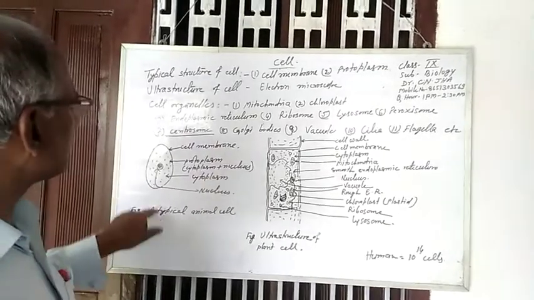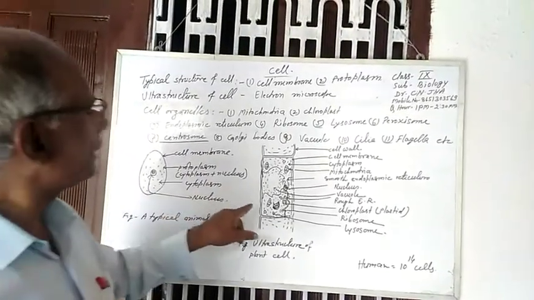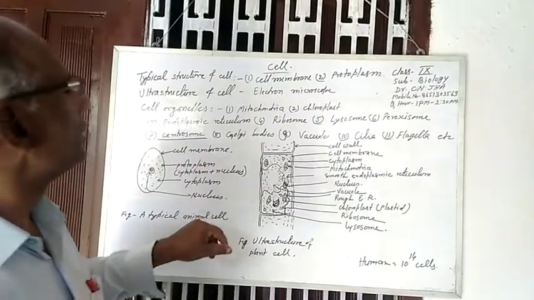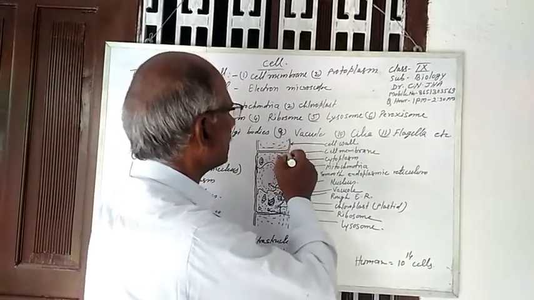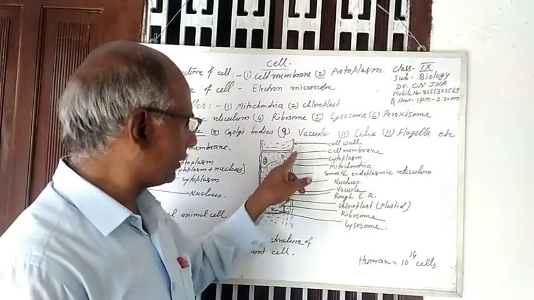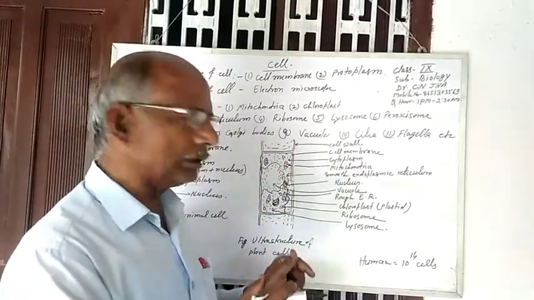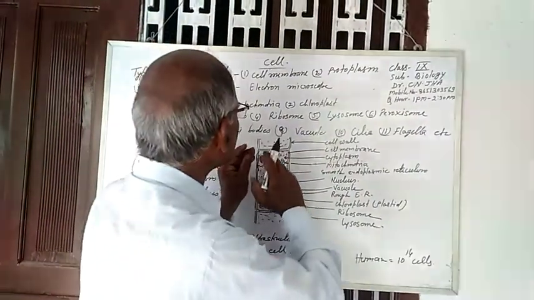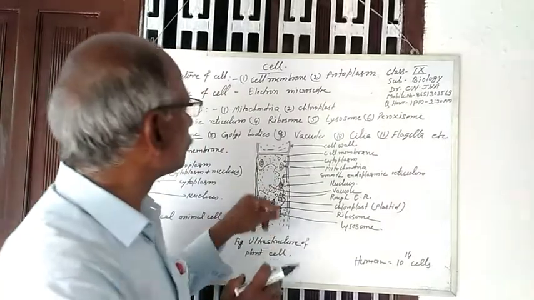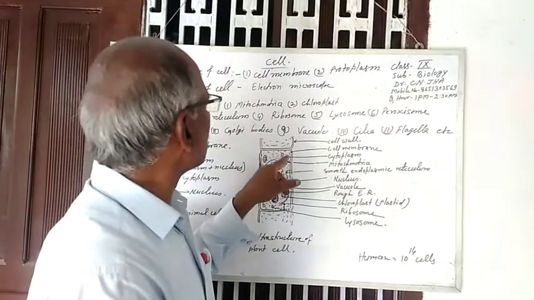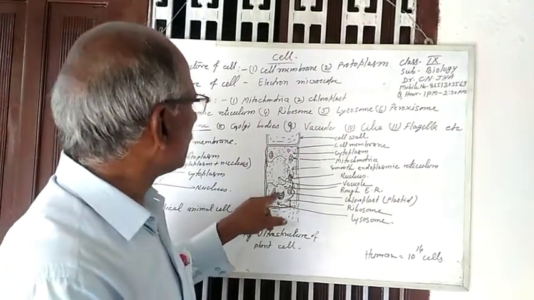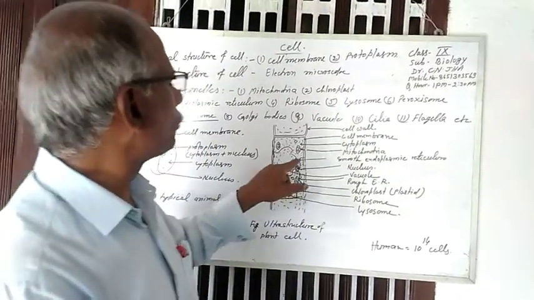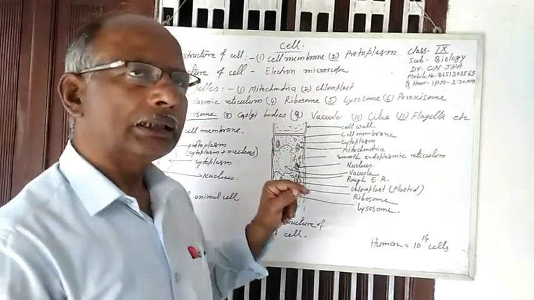Now, this is the typical animal cell and this is the ultrastructure of plant cell, in which the outer rigid part is cell wall, in which cell membrane is surrounding the cell inclusions, and the liquid type of inclusions known as cytoplasm. Mitochondria is stair-like